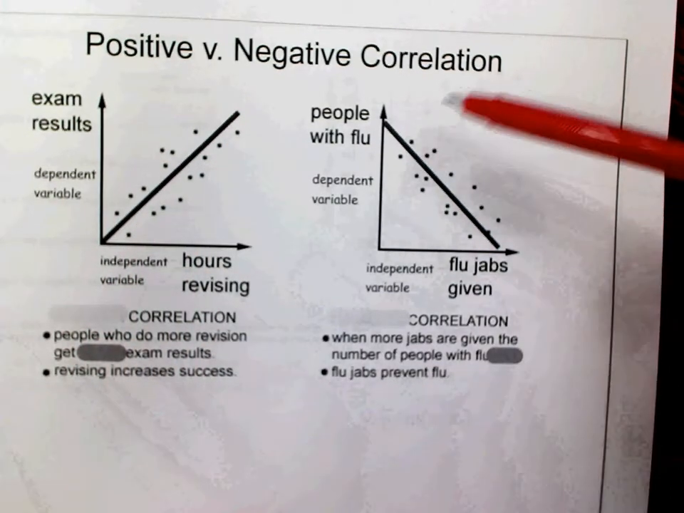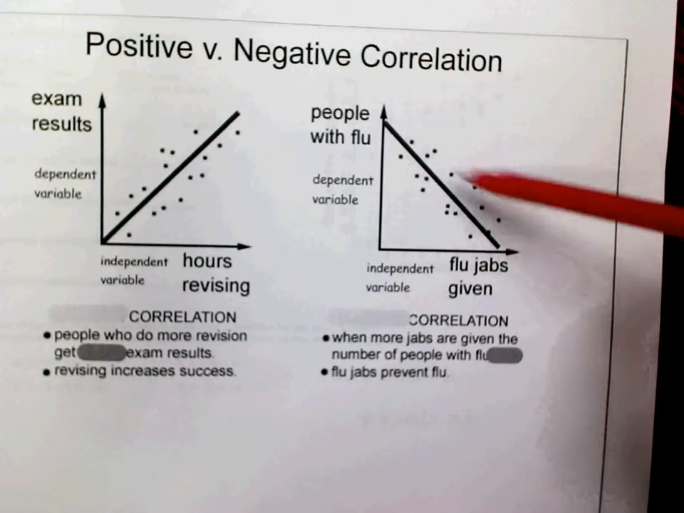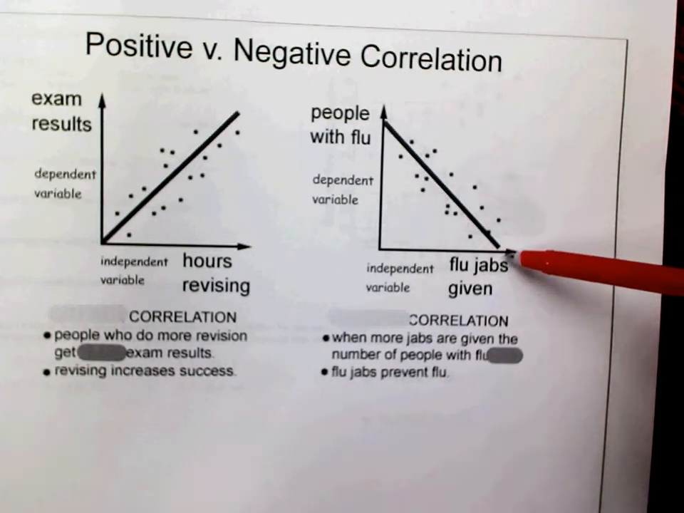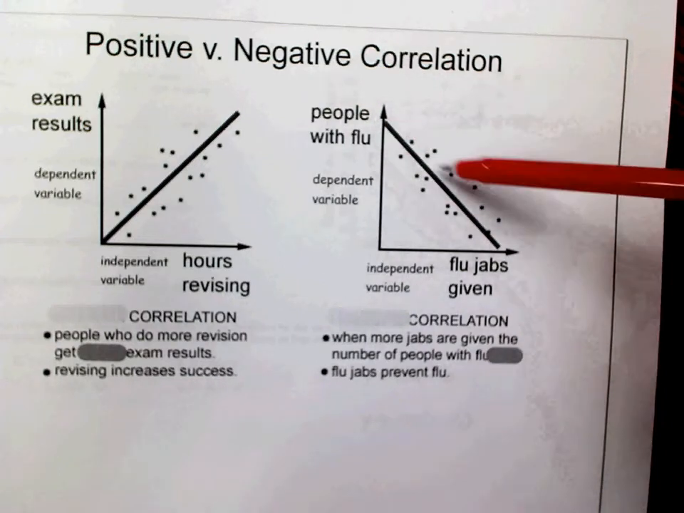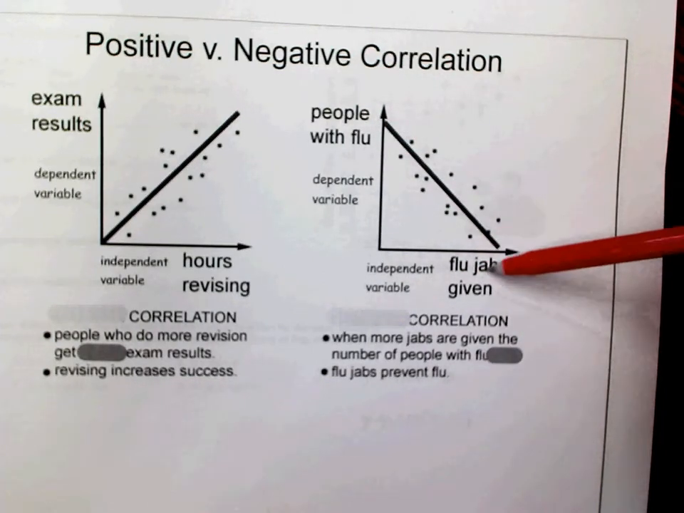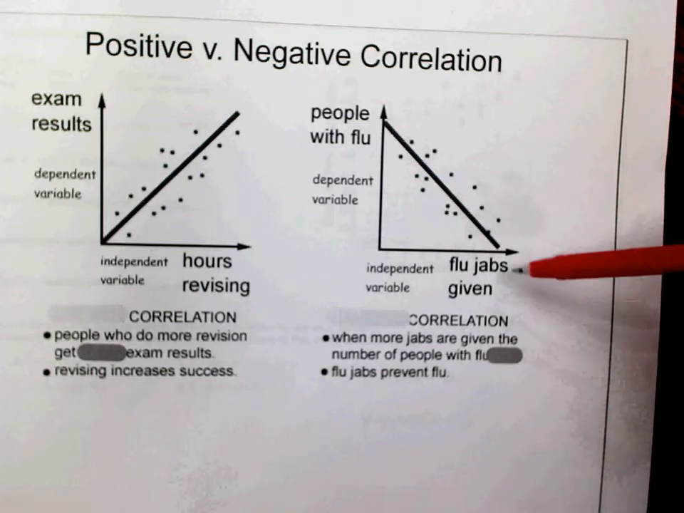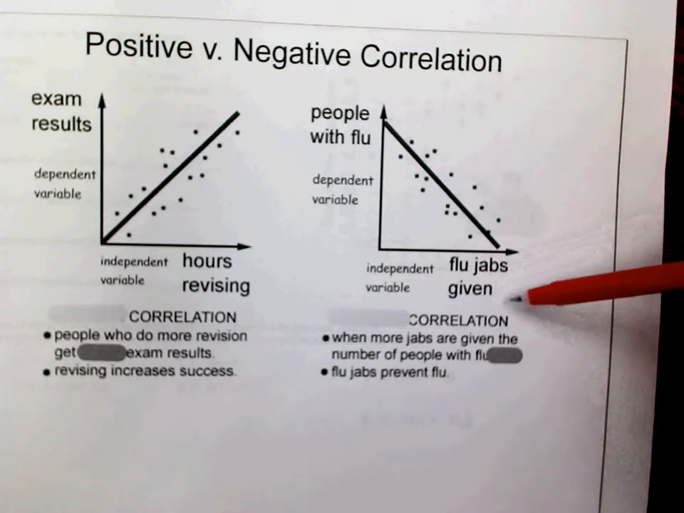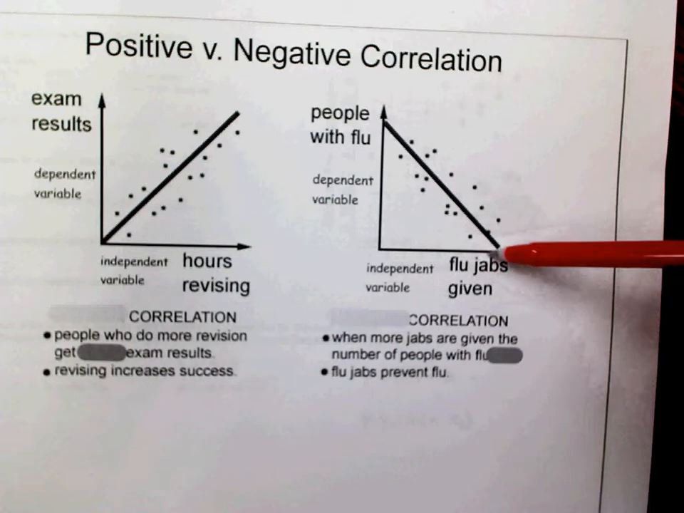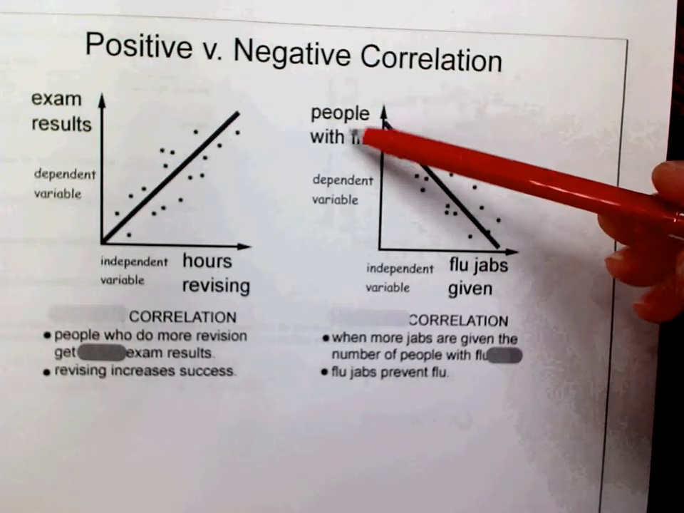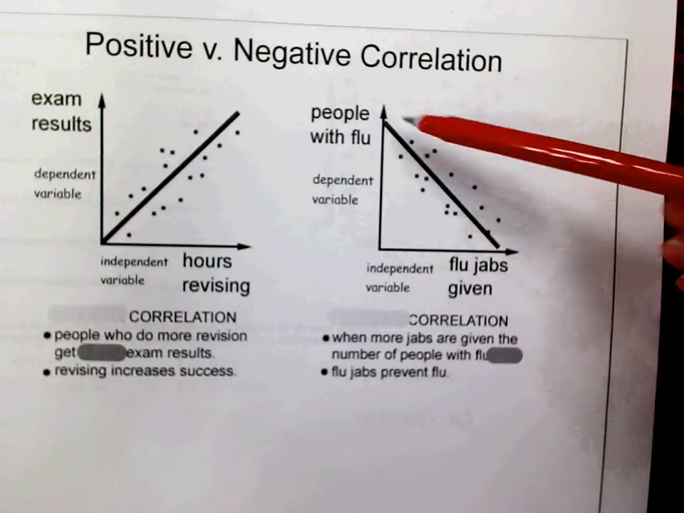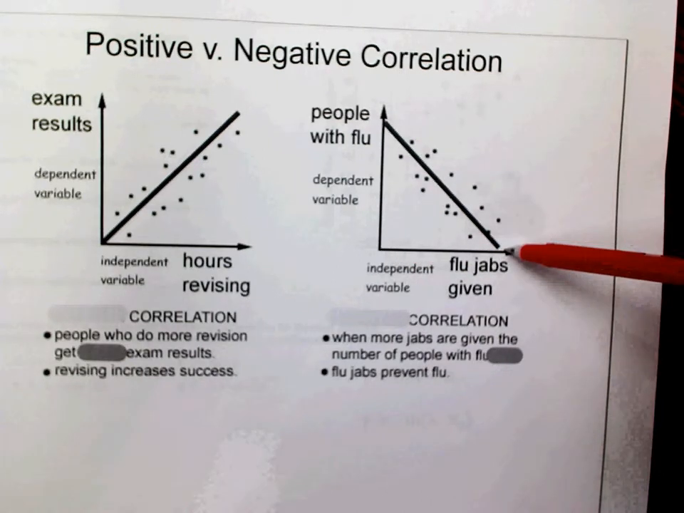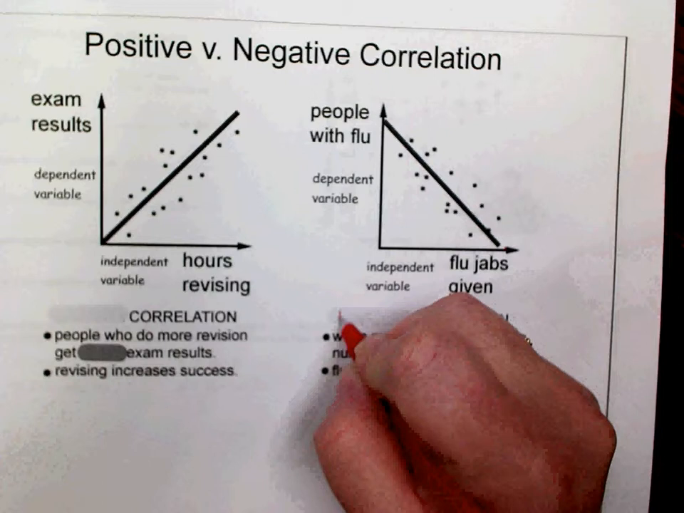So on this one, you can see there's a general trend of these dots going in a downhill direction, and so we call those a negative correlation. So in this example, these are flu jabs, which we don't really call it that. We call them shots, like flu shots given. So the more flu shots that are given, the people with the flu, that number's going down. So more flu shots, less people getting flu. So that's called a negative correlation,